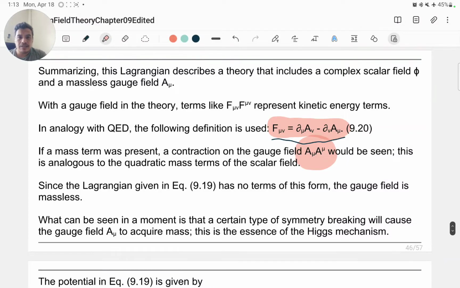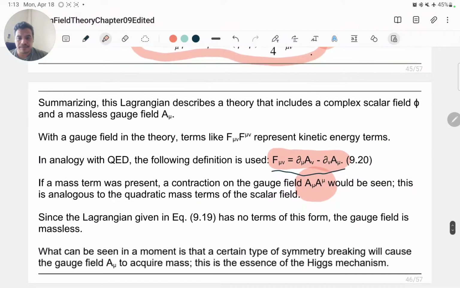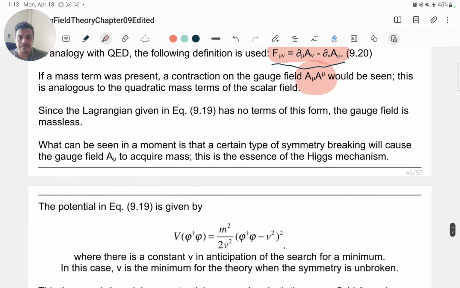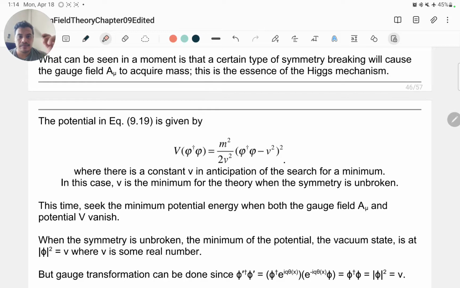By the way, the Lagrangian is describing a theory that includes a complex scalar field phi and a massless gauge field A mu here. But in this discussion, we will see how the Higgs mechanism puts on the mass of the massless gauge field. So if you look at the Lagrangian,